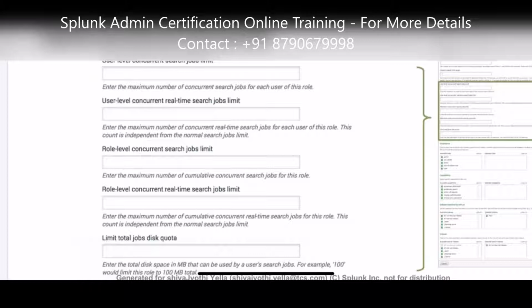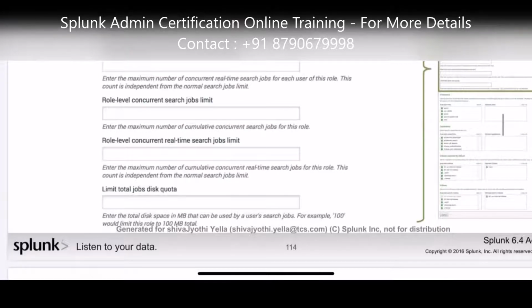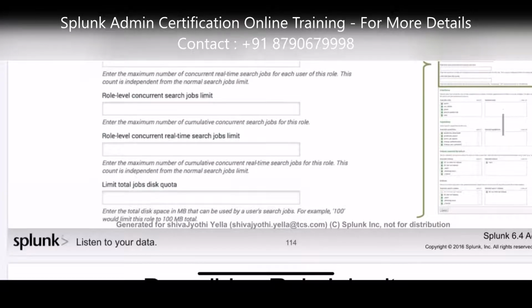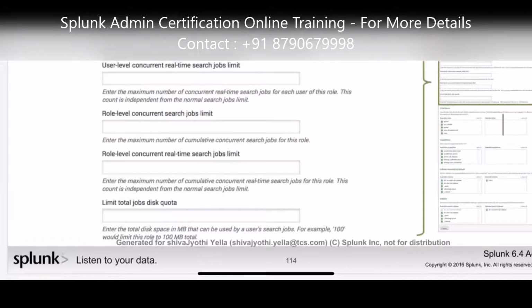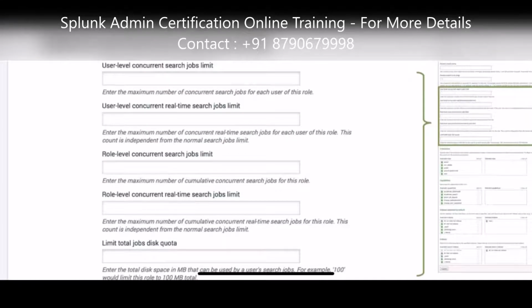The memory allocated for specific users is also very little, only 100 MB. If they want anything, they'll ask admins to schedule a report so that they can get the results in their mail itself.